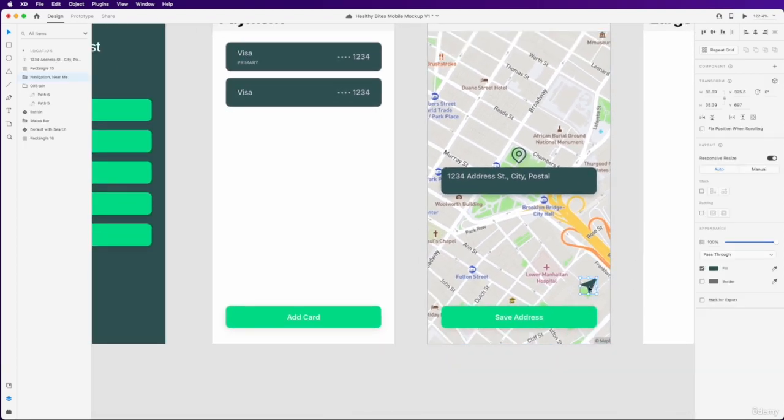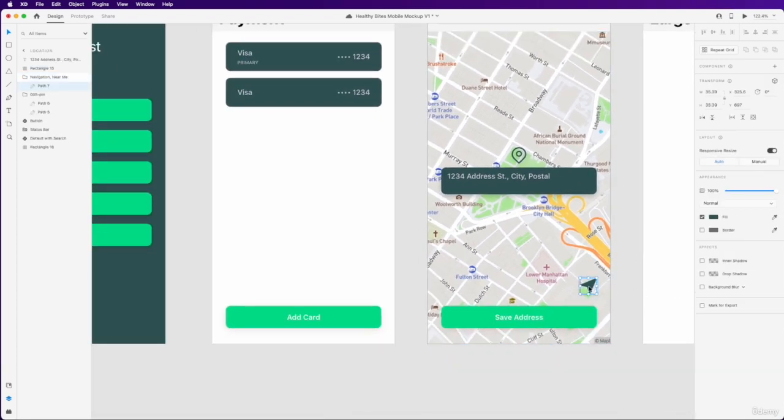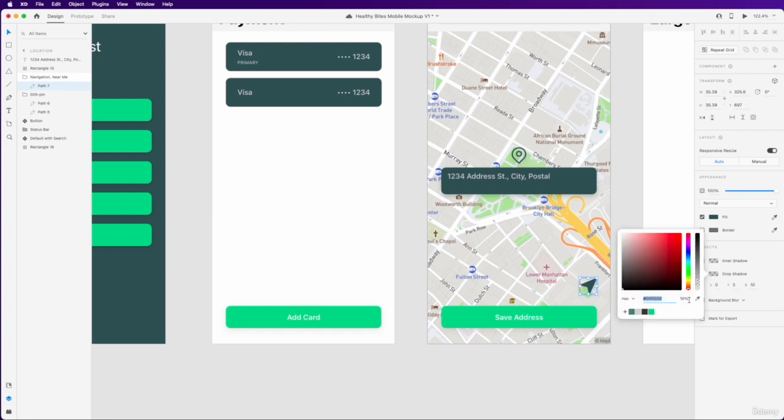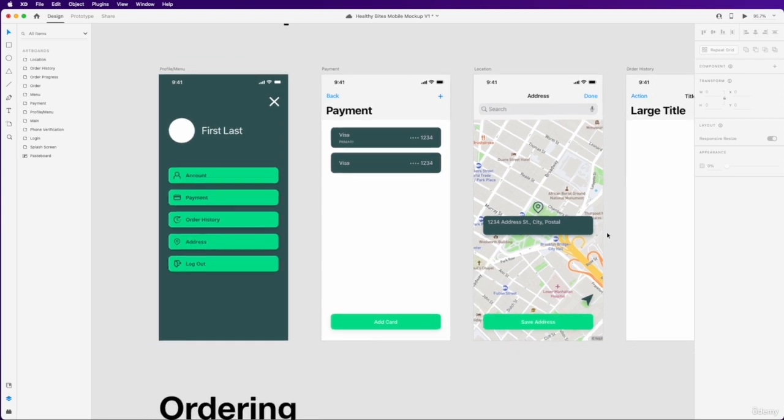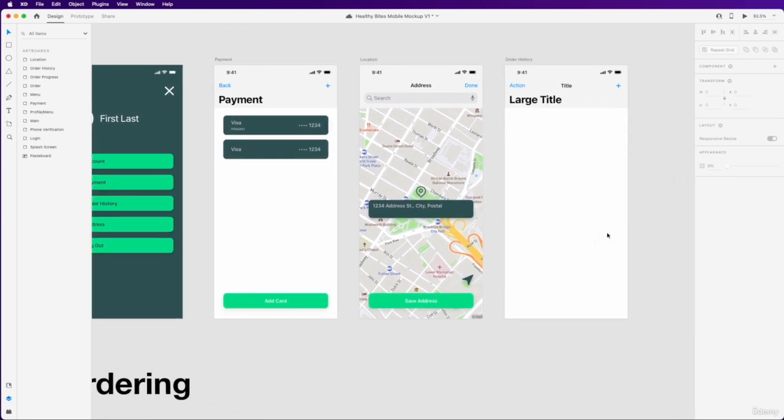And then let's apply the same shadow to this cursor icon over here. So I'm going to double click to select my shape, enable drop shadow with 5 as the Y, 10 as the blur, and 20% as the opacity. So I think that looks good. The objects are slightly separated now from the background, which is exactly what we want. And yeah, so now with this page completed, we're ready to move on to our order history page,